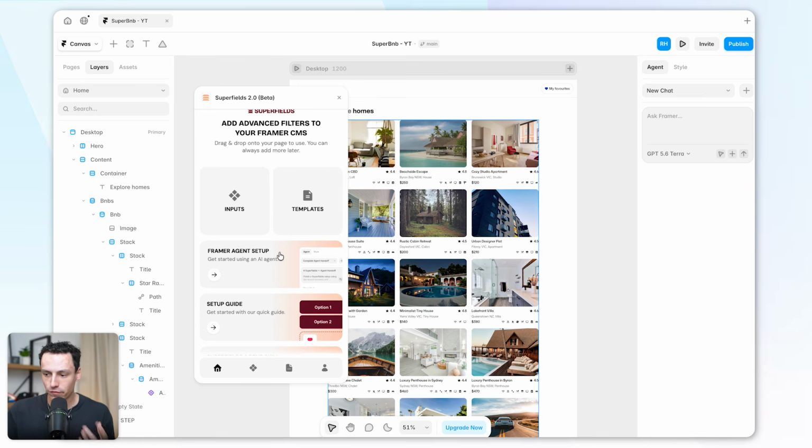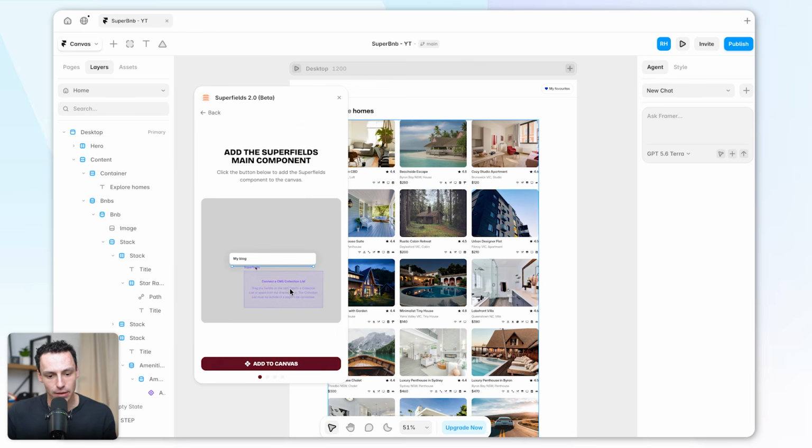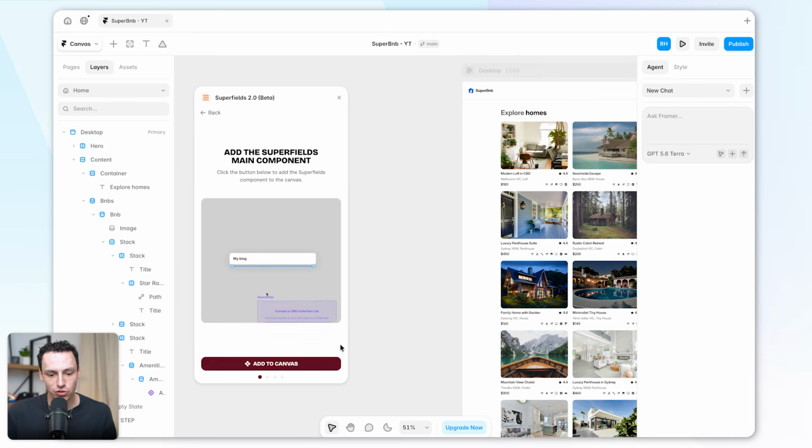Now there's 2 ways to start in Superfields. We can actually use the Framer agent to set up a lot of this for us, or we can set this up from scratch. Now I actually recommend using the Framer agent for the initial setup. However, in this video, so you get the full explanation of how this works, we're just going to set it up ourselves. So we'll click on Setup Guide here,